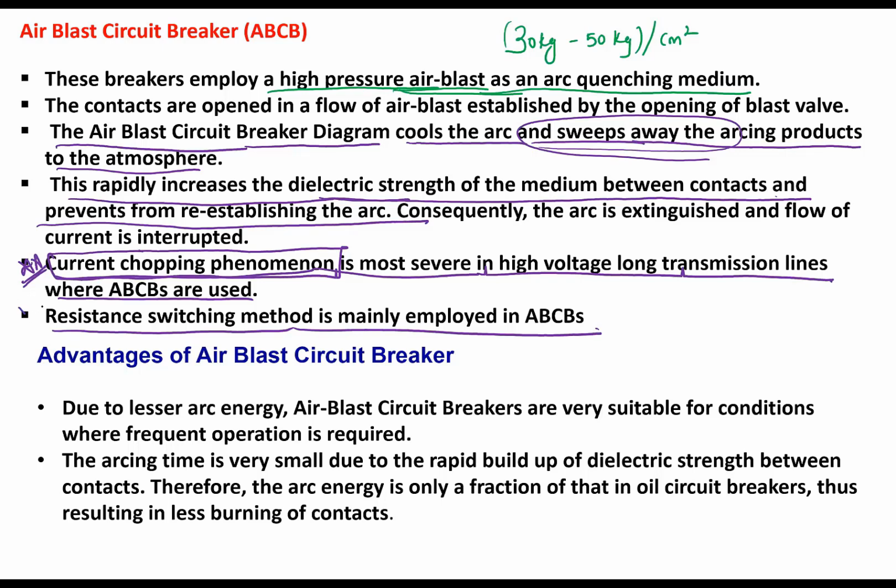So firstly, two points which you have to remember. In long high voltage transmission lines, we do current chopping. That means we try to make the fault current zero before natural current zero. To chop this current, the best mechanism is air blast. That means we give a blast of air to extinguish the arc, to make the fault current zero. So wherever there is current chopping, we have to do the resistance switch.